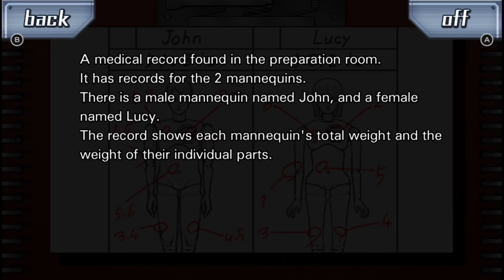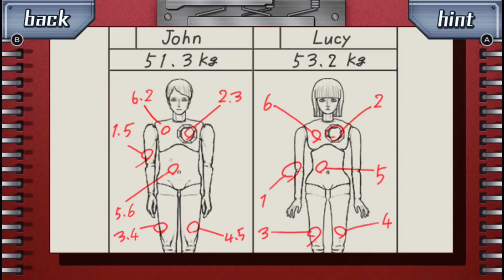Medical record found in the preparation room. It has records for the 2 mannequins. There's a male mannequin named John, a female mannequin named Lucy. The record shows each mannequin's total weight and the height of their individual parts. Can you write this down so I don't have to bring up this screen again? John, you got 51.3 kilograms. Lucy's got